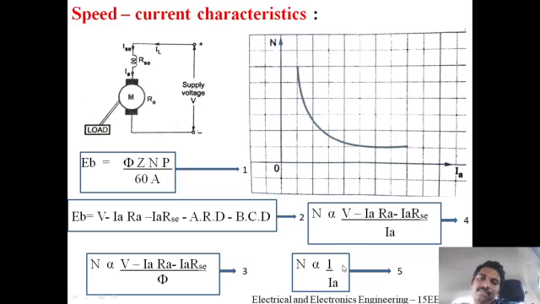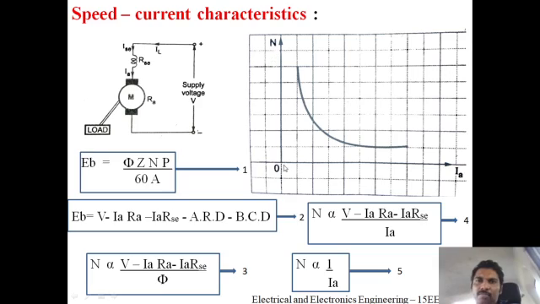Further, if you consider that the values of RA and RSC are very small when compared to the load current, less than 1 or 2 ohms, point something, we can neglect the numerator of the equation, and directly I can write that the speed is inversely proportional to the current. So here if you observe the graph,